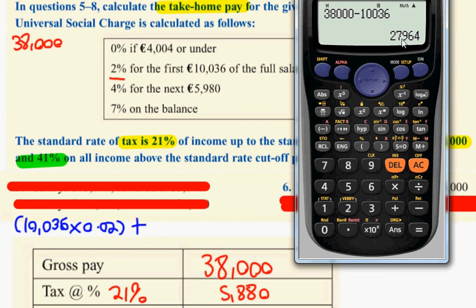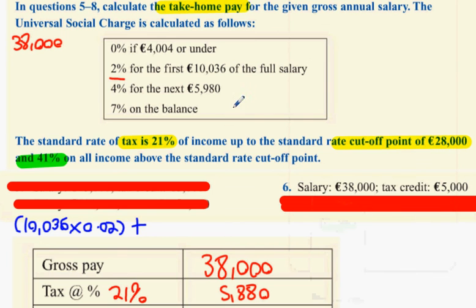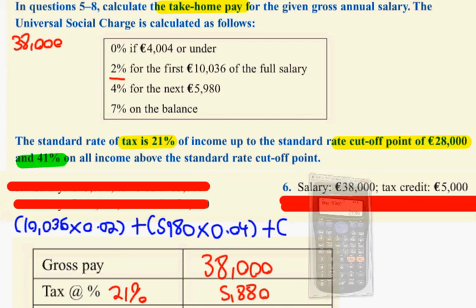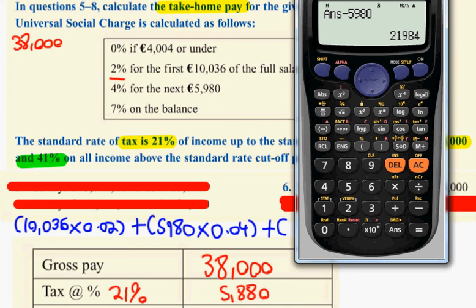I now have 27,964 left over. The next 5,980 is also going to be taken care of at a rate of 4%. So plus 5,980 multiplied by 0.04. And then the remainder is going to get multiplied by 7%, which is